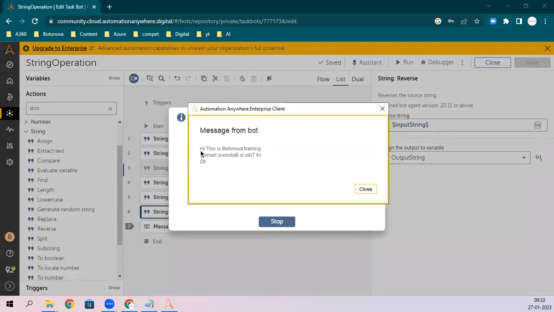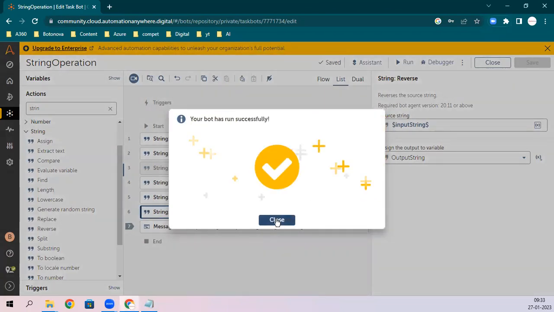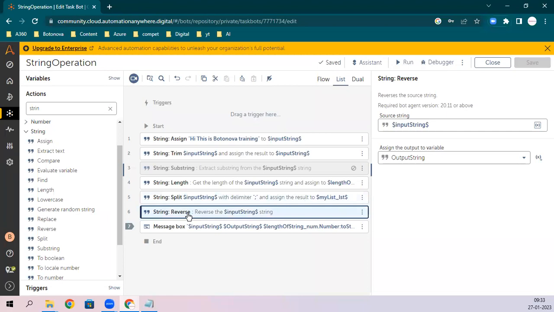See, this is the original string and this is the reverse. So it is not very useful, there is not much use of this reverse.